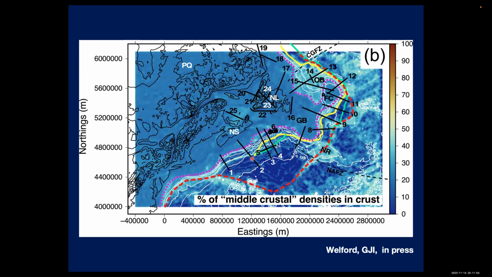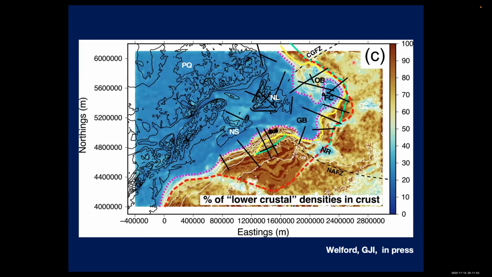And then finally, if you look at the percentage of the lower crust, this thing lights up like a Christmas tree in the offshore domain where you have oceanic crust, as it should, because that should be much higher densities associated with lower crustal rocks. So these are ways that we can take this 3D model and exploit it and help us characterize the crust